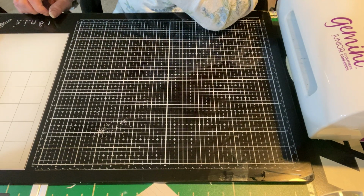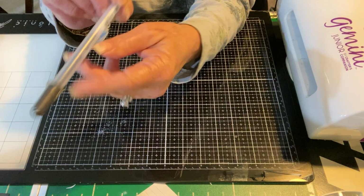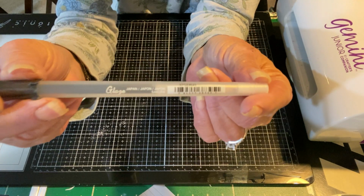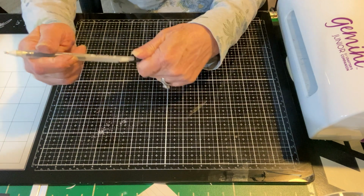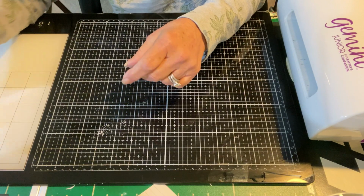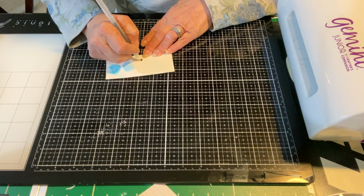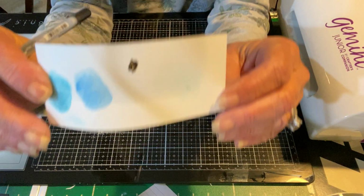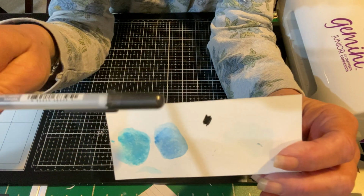Next up after erasers is my glaze pen. This thing, spelled Glaze, it's black. Let's see if you can see that. I don't have the packaging anymore, so I'm not 100% sure of the company. But if you're interested, I'm going to take a little sample for you to see. It is black and shiny. If you're interested in that, I'll see if I can find what company makes it,